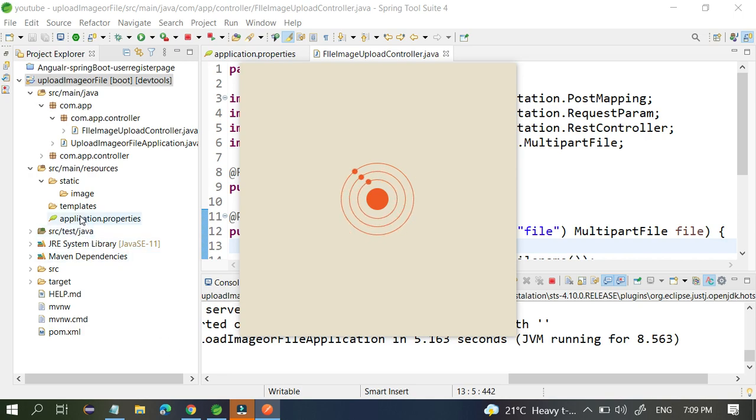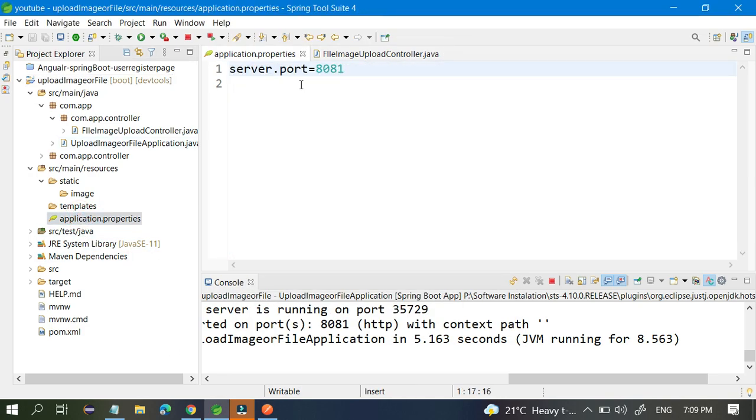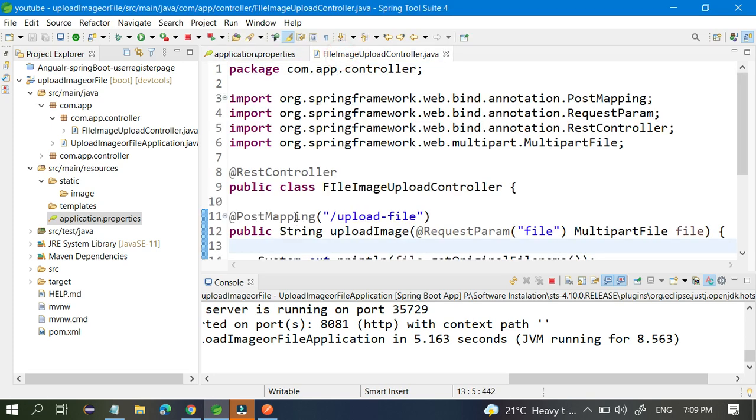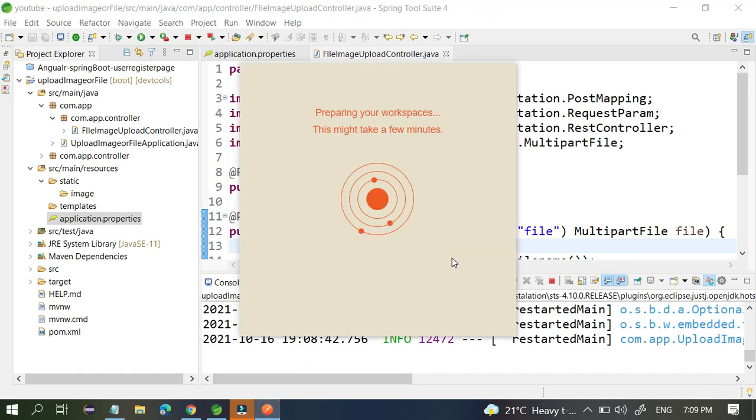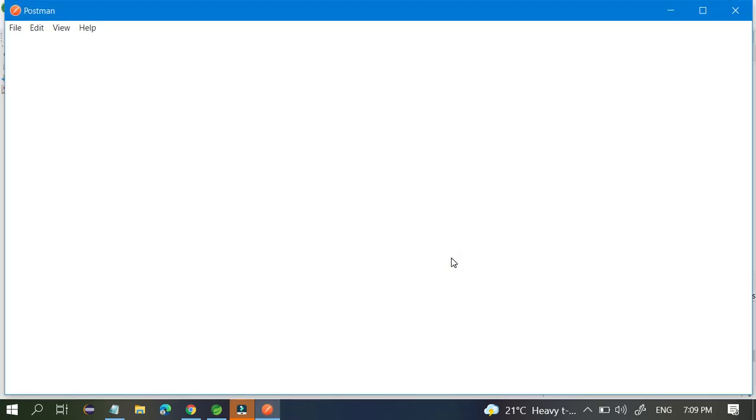Go to Postman and hit this controller. Is it able to get the data or not? If it is able to get the image, then you can go further and take the path of the directory and store the data in this file. It means take the data from one place and store this data in another place. These things we are going to maintain here.